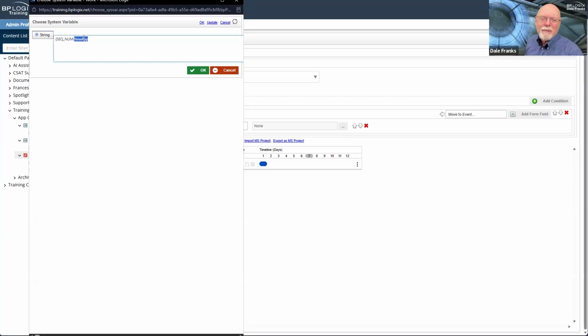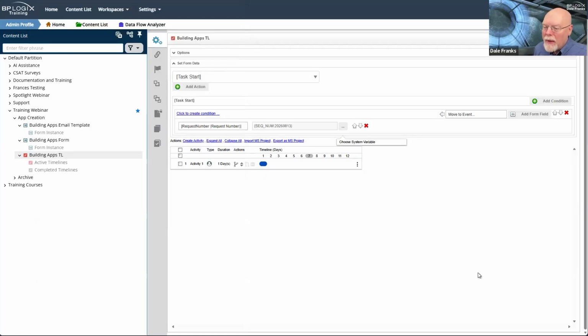Let's just be sure that it is, we'll call this 2026-08-13. That will now be my category for this sequence number. I'm pretty sure that I don't have that as a sequence number category. So I think we're going to be fine. And this should start a sequence number of 1. And then we go. I have a sequence number when I get a new activity started. It is going to be sequence number 1.